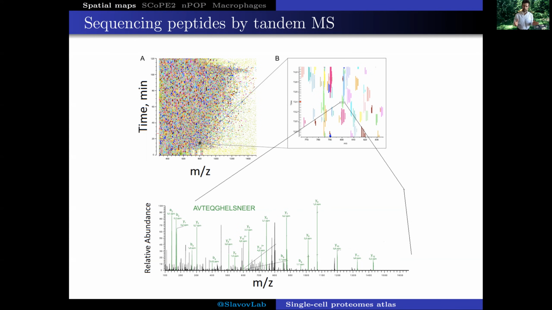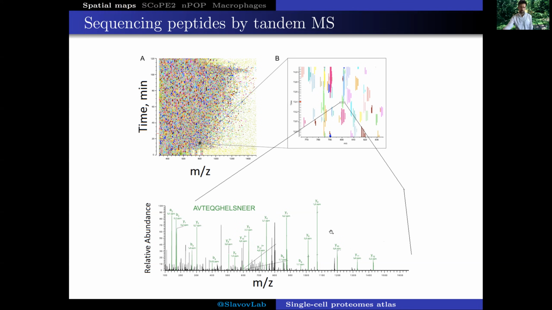And the key part of the simple description here is that while we can determine the mass over charge ratios of tens and hundreds of thousands of ions in a single run corresponding to peptides, this information alone is not sufficient to determine peptide sequences. We have to detect enough peptide fragments from each peptide to determine its sequence, which is this information here at the bottom panel. And some of these peptide fragments are produced very inefficiently, which becomes a substantial problem for single-cell protein analysis or any other kind of analyzing minute amounts of proteins.